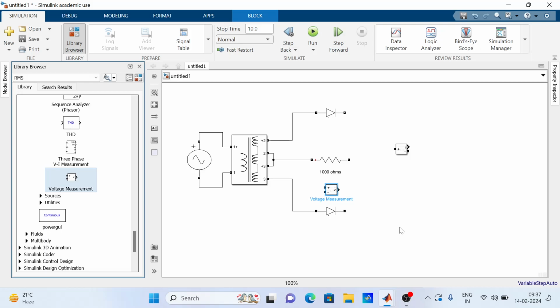So now, how do we connect the meter? That's important. Because we have a positive point here and a negative point here, your voltmeter should be connected like this: positive here, negative here. Remember, not only for the simulation, the same thing has to be verified in the lab also.